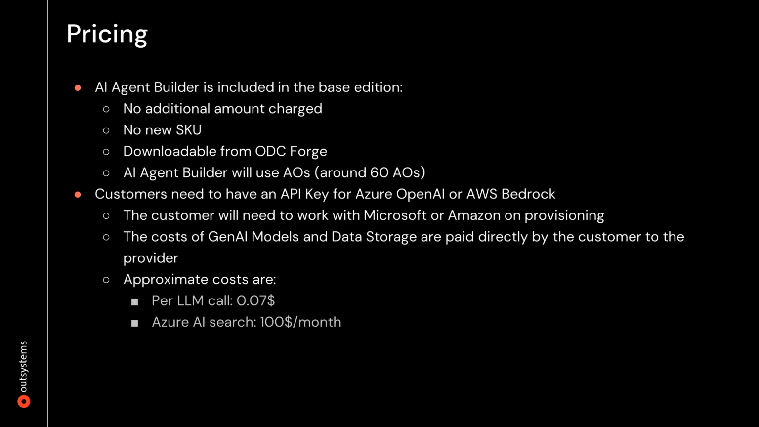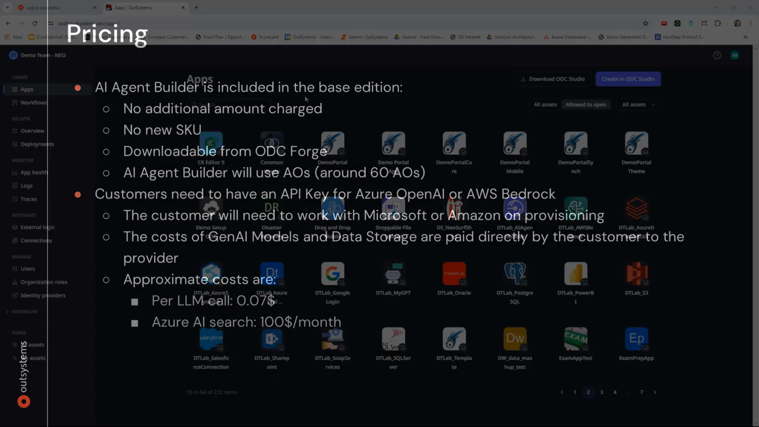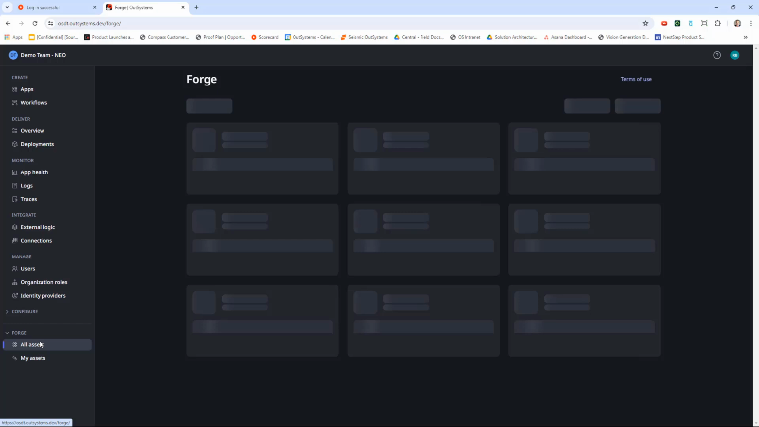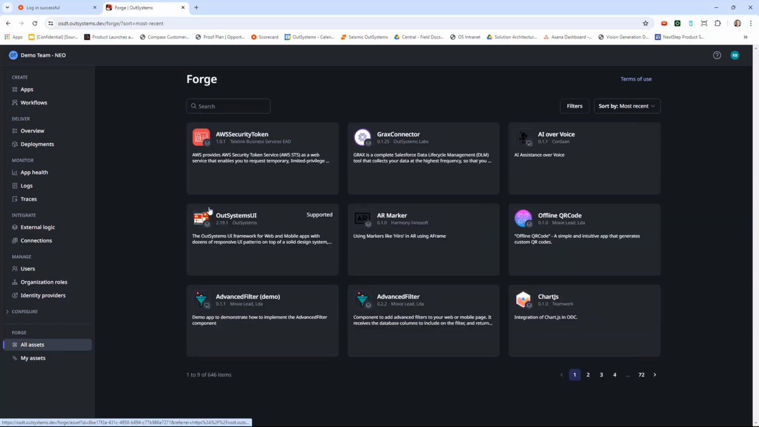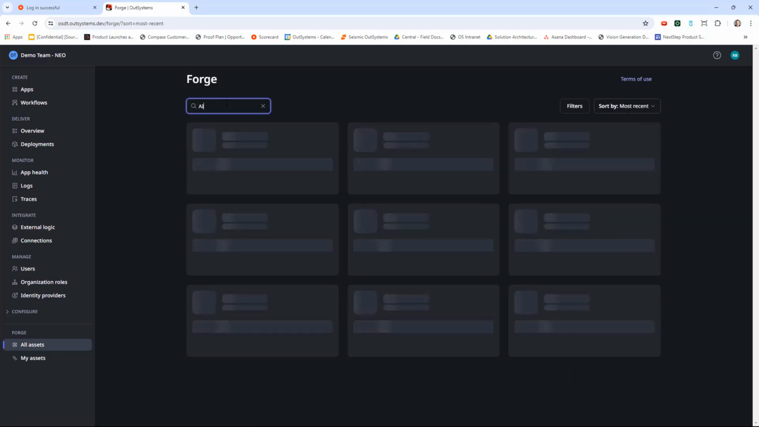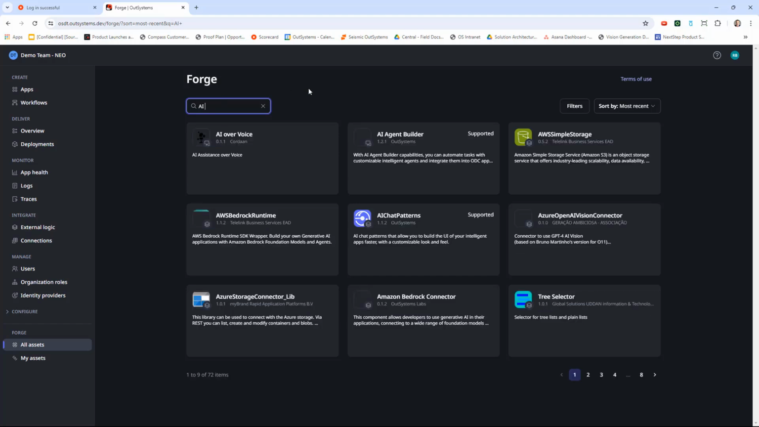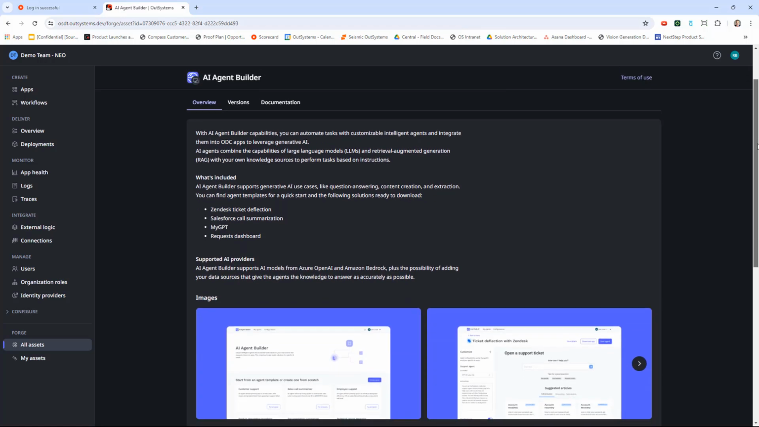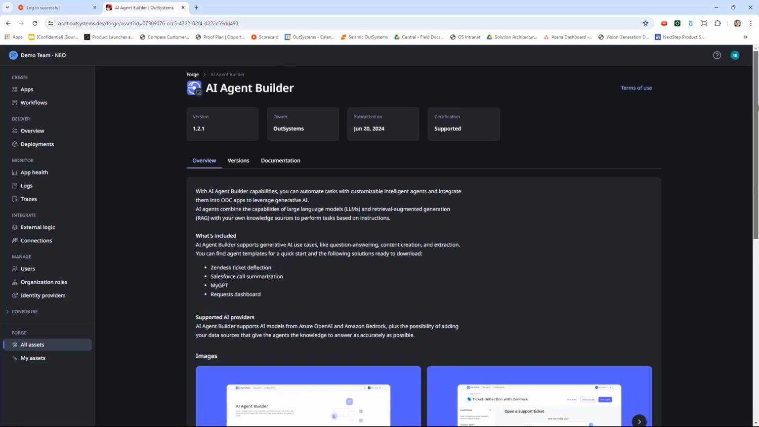So let's take a look at the steps to get started, and then I'll show you a demo of an application that integrates with AI Agent Builder. If you're ready, you'll need to log into the ODC portal and then go to the Forge. Here on the Forge, we'll do a quick search for AI Agent Builder, and it should be pretty easy to find. Once you find it in the Forge, go ahead and click on the AI Agent Builder. You'll see the details, the supporting documentation, and then you'll be able to download it and install it in your